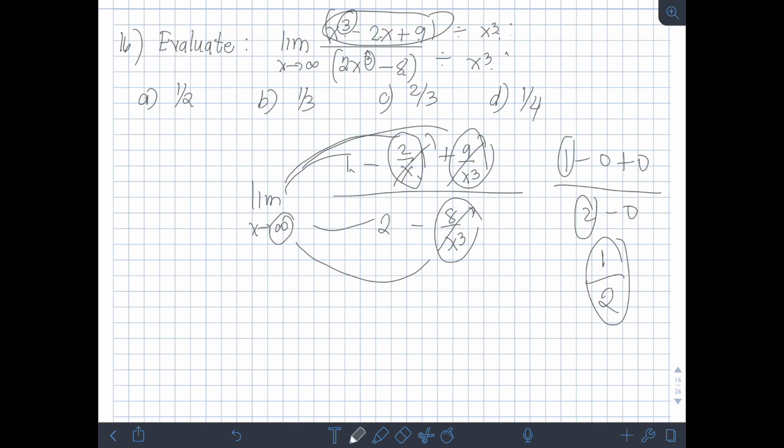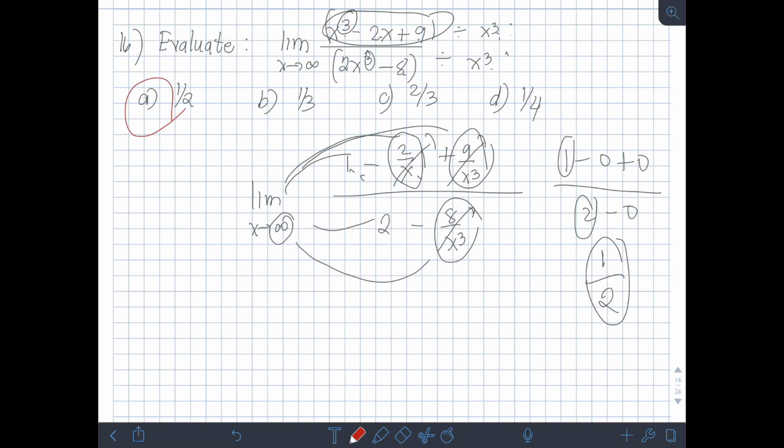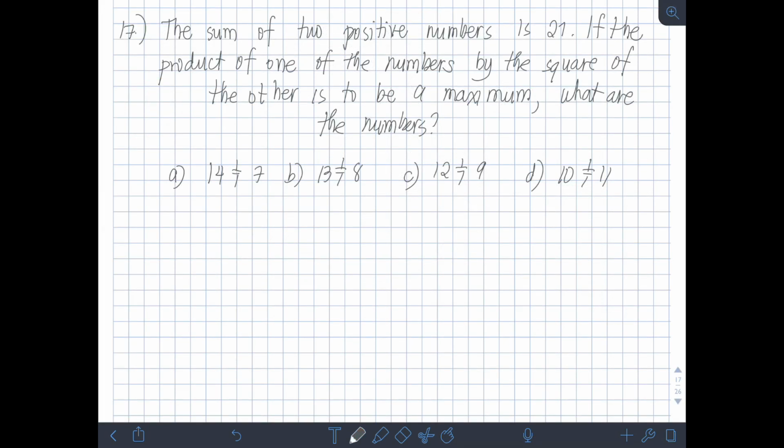Divide nyo sa highest exponent yung both terms sa numerator and denominator. And then, yung may mga denominator na x, automatic makakancel yan, magiging 0 yon. So, matitira lang yung may mga wala, which in our example, 1 tsaka 2 lang. So, 1 sa numerator, tsaka 2 sa denominator. So, therefore, 1/2. So, therefore, the answer is letter A. Okay? Next, we have the sum of two positive numbers is 21, if the product of one of the numbers